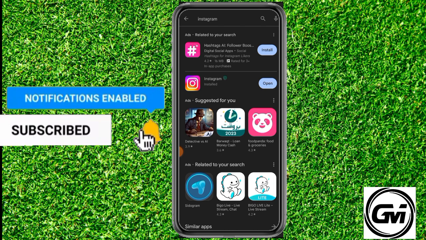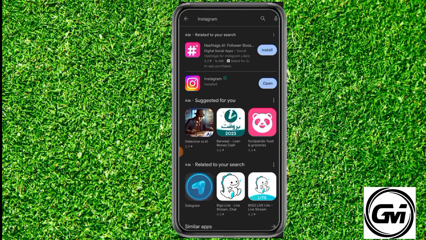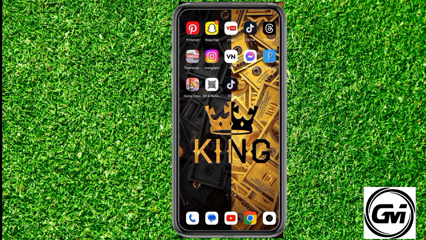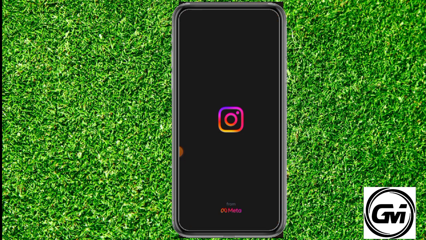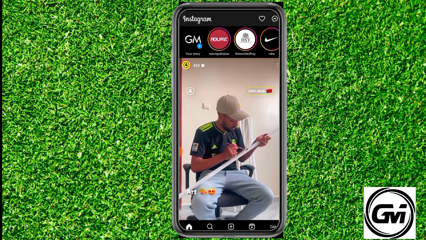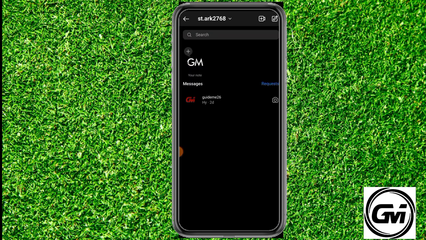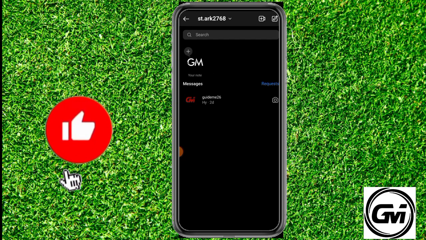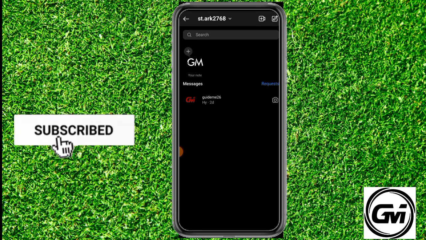Once you get the latest version of Instagram, you can close your App Store or Google Play and go to your Instagram app. Then click on your messenger icon to go to your conversation section. After that, here at the top you can see your note option. So this is how